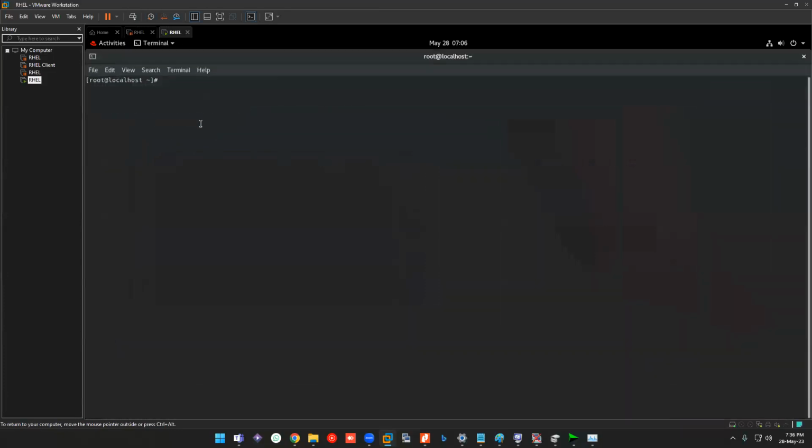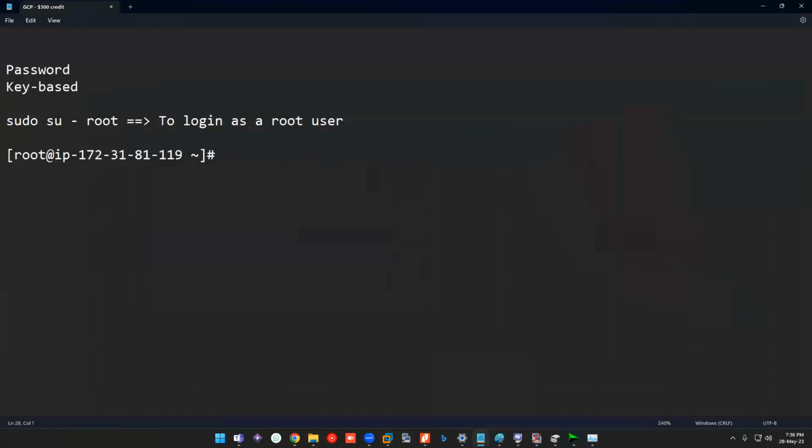So yeah, the very first command we'll be typing is for the VMware server or VMware instance. You will type the command ifconfig -a to see the NIC info.